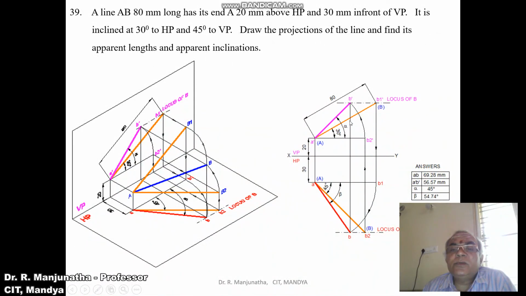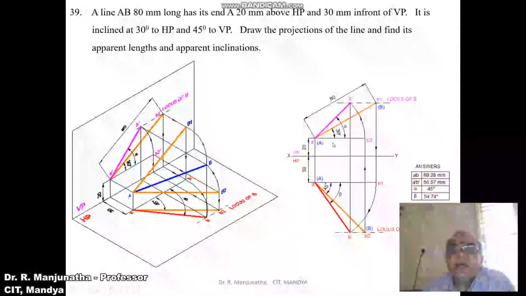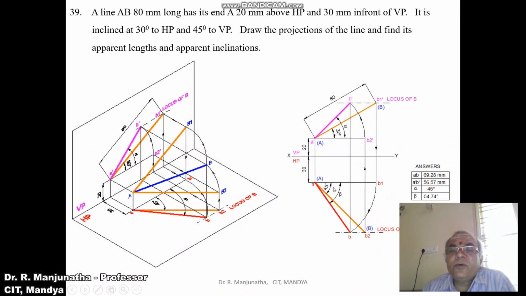That we can see here. When you see, this is the true length in the vertical plane. The true length in the vertical plane means the line has to be parallel to VP. So when you look from the top view, we can see that the line AB1 is parallel to VP. Therefore, you are getting the true length in VP. Similarly, if you want to find the true length in HP, you have to see in the front view. That means the line has to be parallel to HP. You can see A dash B2 dash is parallel to HP. Therefore, you are getting the true length in HP.